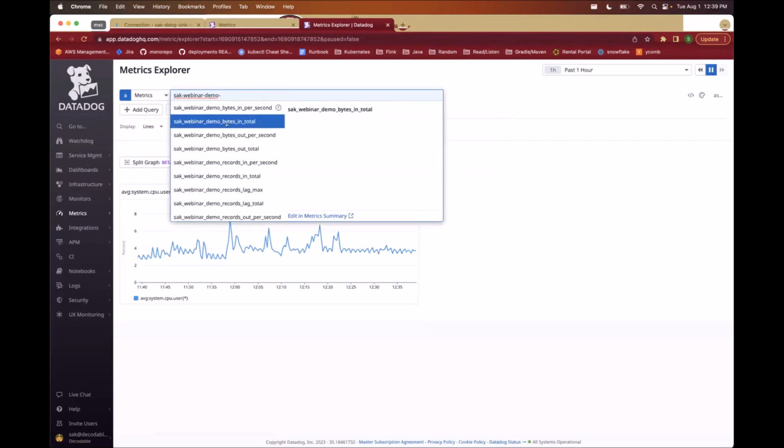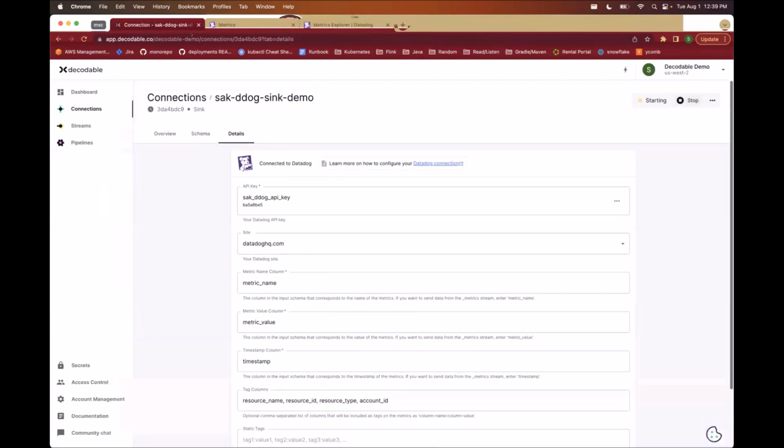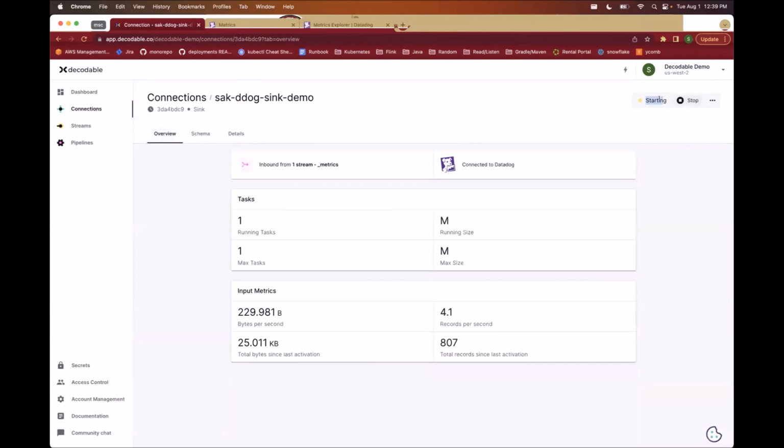And let's just look at the bytes. Let's do records in total. So I'm going to set the granularity to the past 5 minutes. And I might need to wait a little longer for this thing to start up. So while this is starting up,